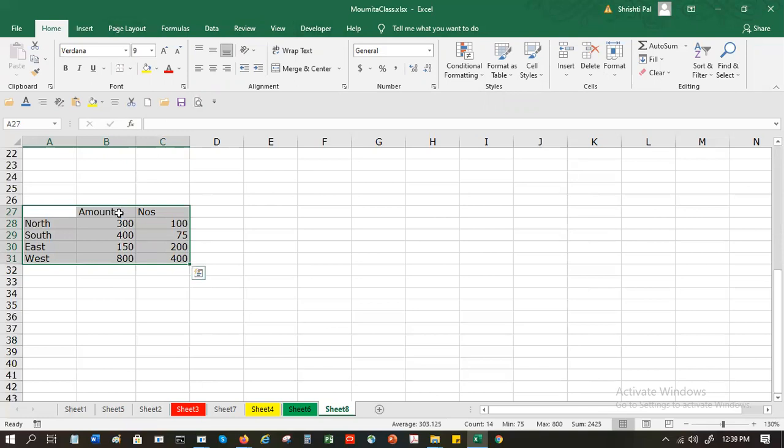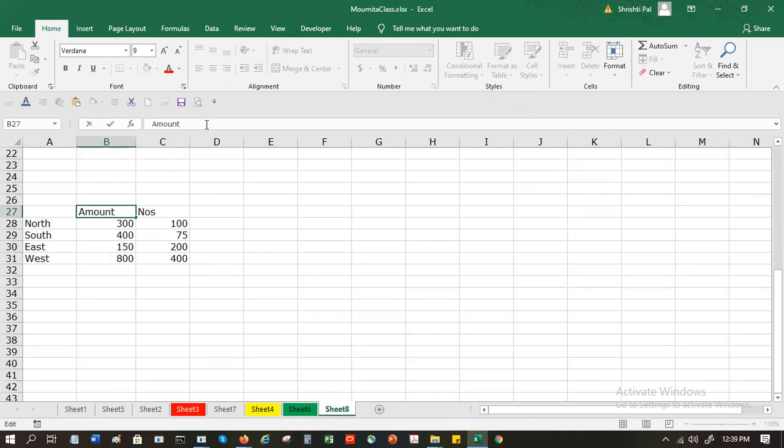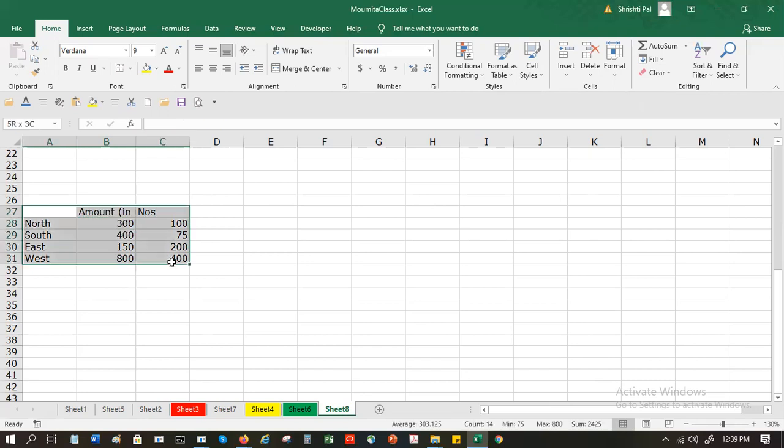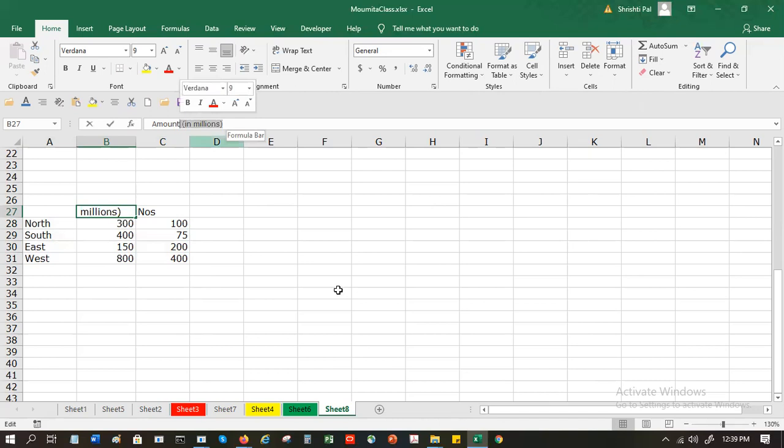Another option that mostly people use is they change the unit of this amount, and they will say in millions. Once you mention it is in millions, they can basically follow the same unit.